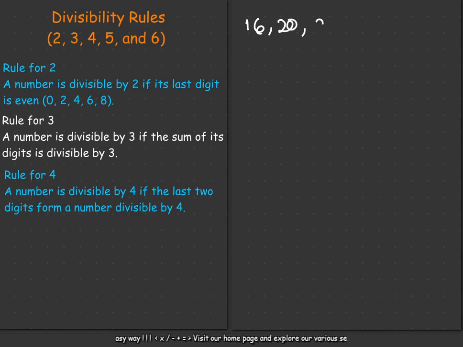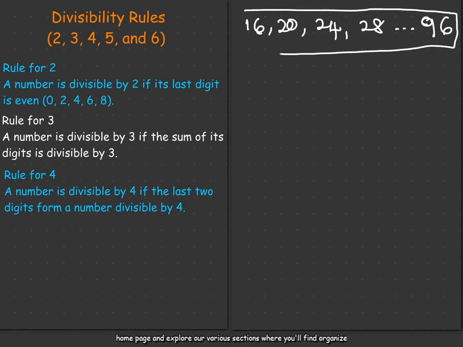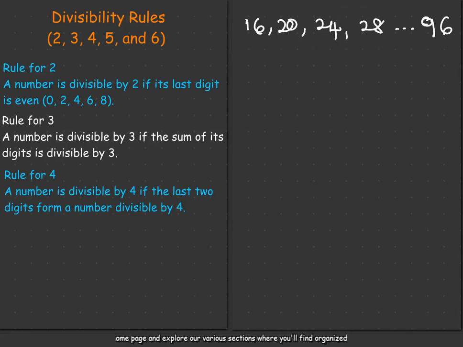So 20, then 24, 28, all the way even to 96, right? Provided you know all the 2-digit numbers that are divisible by 4, you can apply this rule. It simply says the last two digits of the number you want to determine if it is divisible by 4 should be divisible by 4. So for instance, if we take 516,